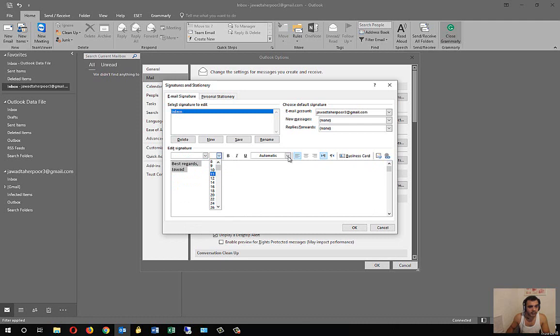You can select them, change the font, the size, if you want to have bold or underline or italic, you can change the color here. Whatever color you want, you can simply add it here. And the rest of the stuff you might know, centralize and stuff like that. You can link the signature maybe to your website or so. Or if you have an already created email signature photo,